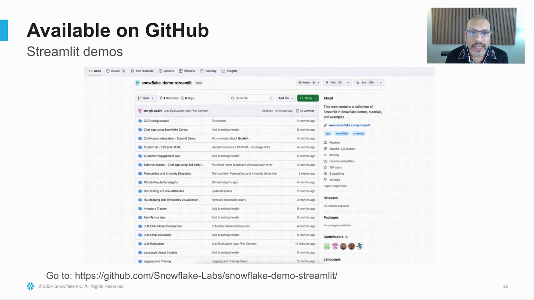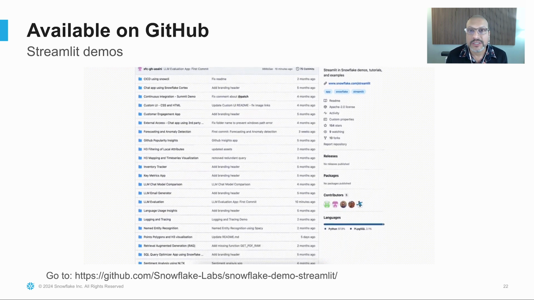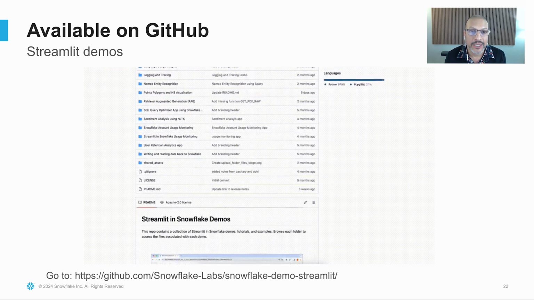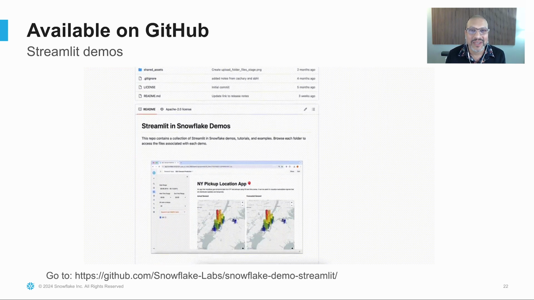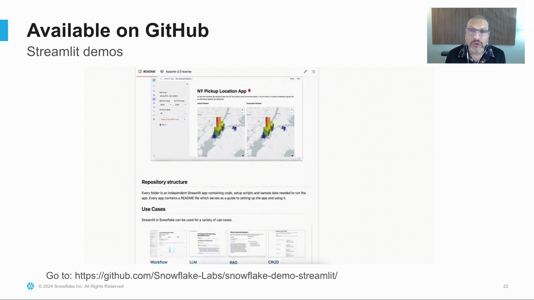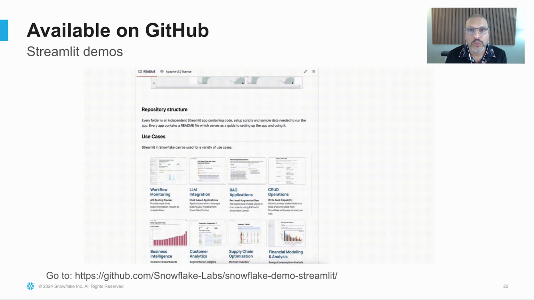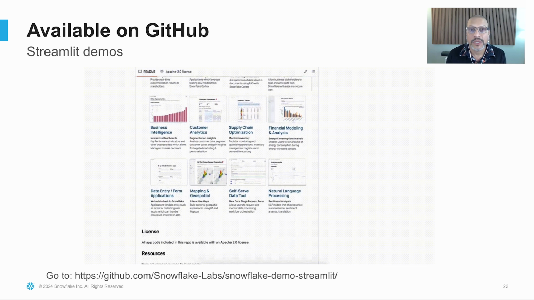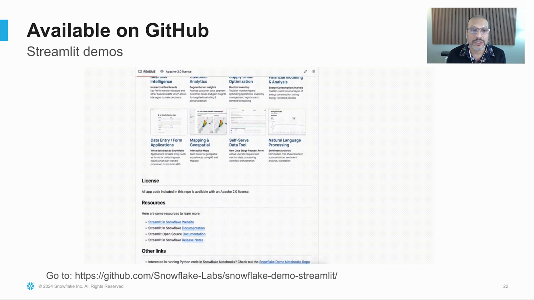Now, the last part is that this LLM evaluation app is just one of many applications available. What I want to highlight is that this application sits alongside many other Streamlit applications. So yes, I want you all to think about LLM evaluation, but if you're looking for starter Streamlit projects, this is a great place where you can contribute your own applications as well, and it's a starting point to view a variety of other applications that you can use. So I'm hoping all of these together will help your journey to build better